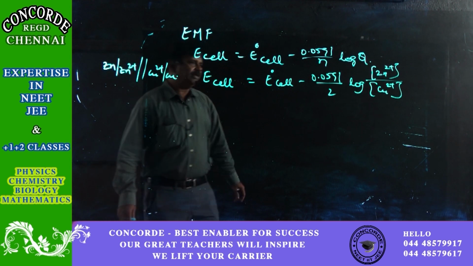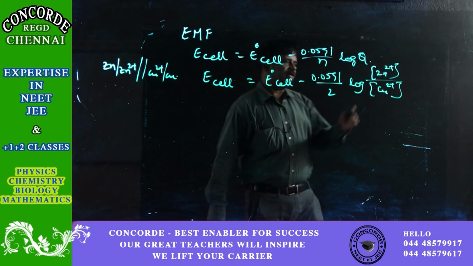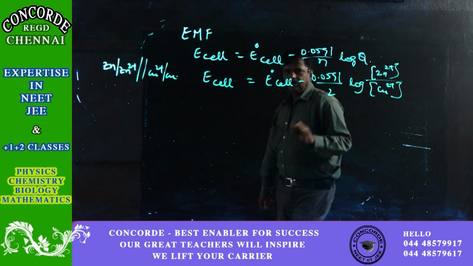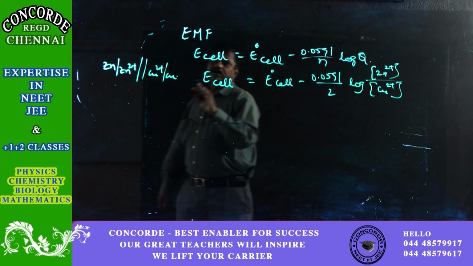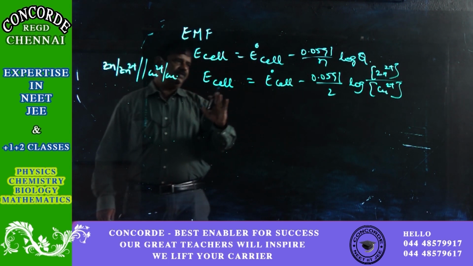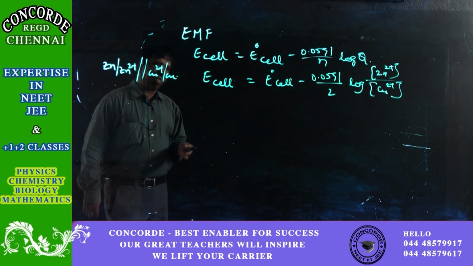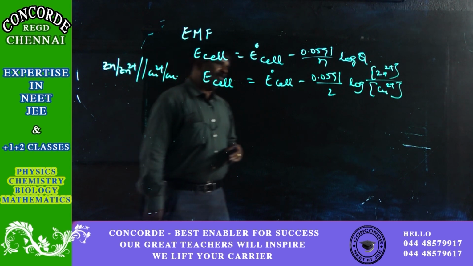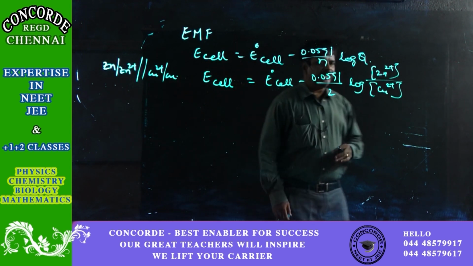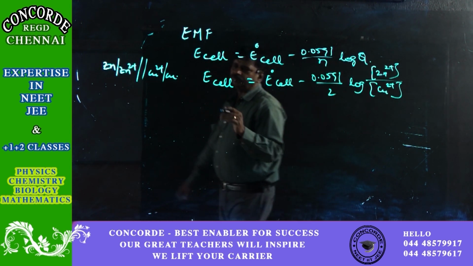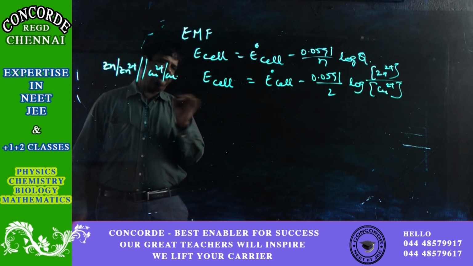Concentration of ions can be taken as Zn2+ and Cu2+. Okay. So, now this is the typical representation of the Nernst equation for the Daniell cell. Now, what are the advantages of the Nernst equation? Using the Nernst equation, we can derive the equilibrium constant. How to define the equilibrium constant using the Nernst equation?